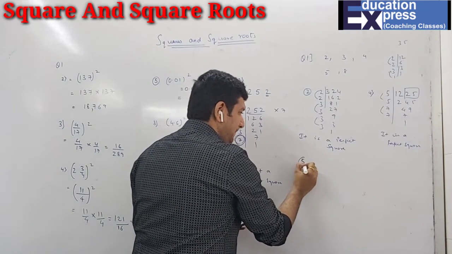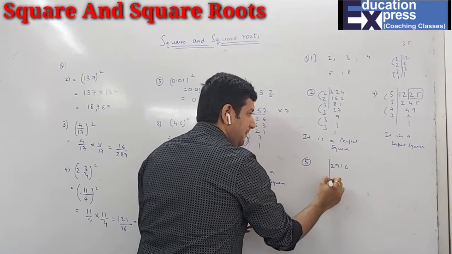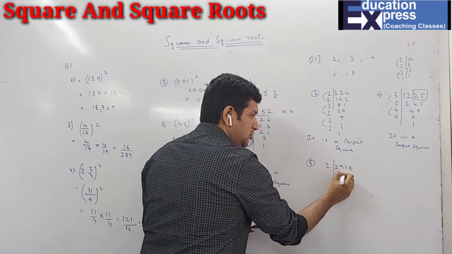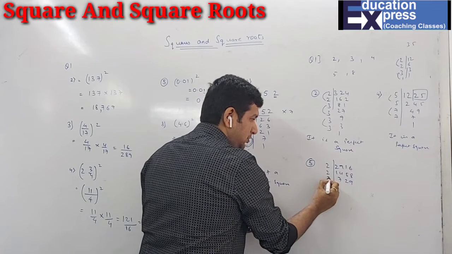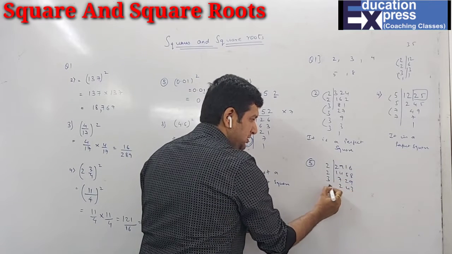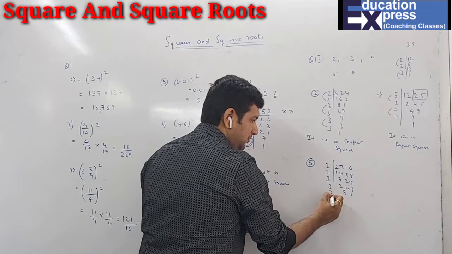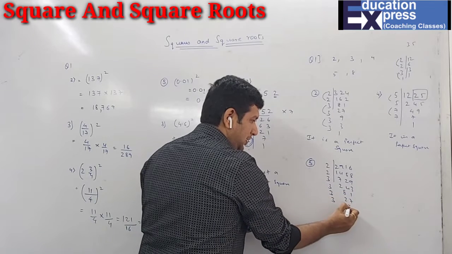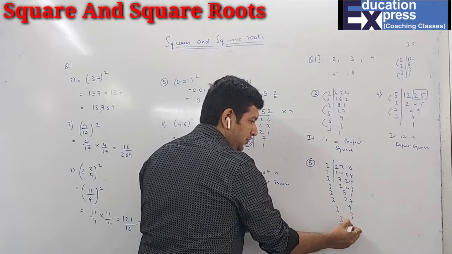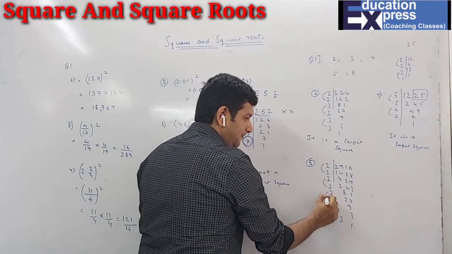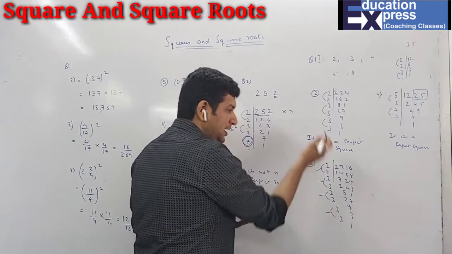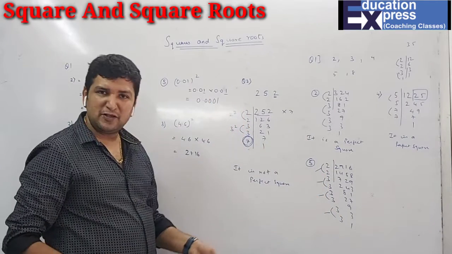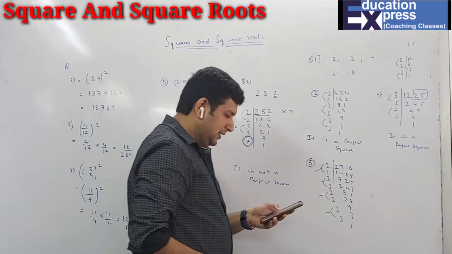5 2 9 1 6. So 2 ones are 2, 2 fours are 8, 2 fives are 10, 2 eights are 16, 2 sevens are 14, 2 twenty-nines are 58, 3 twos are 6, 3 fours are 12, 3 threes are 9, 3 eights are 24, 3 ones are 3, 27, 9, 3 threes are 9 and 3 ones are 3. So can I say again, this is a perfect square for 2, perfect square for 3, 3, 3. Therefore, each and every number has a perfect square, therefore it's a perfect square.